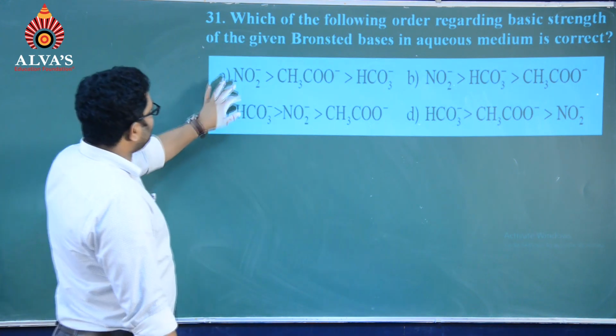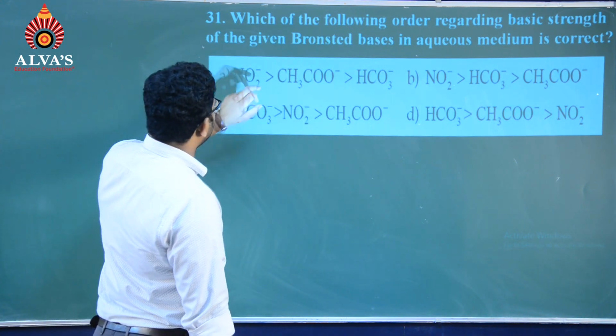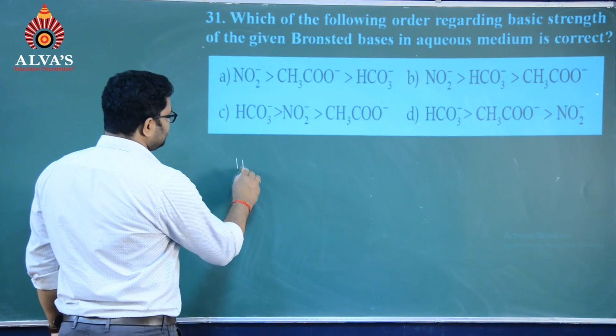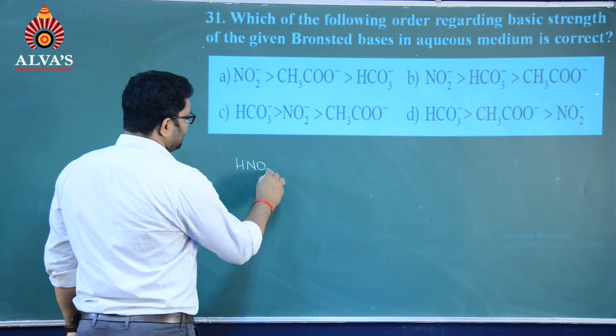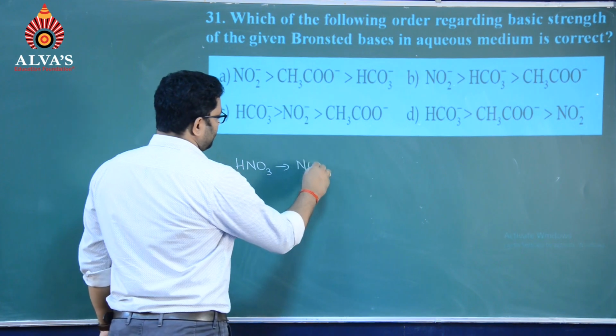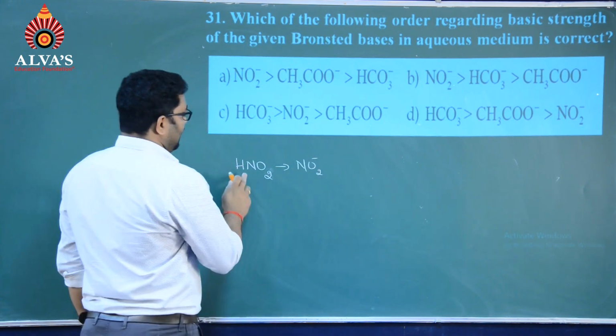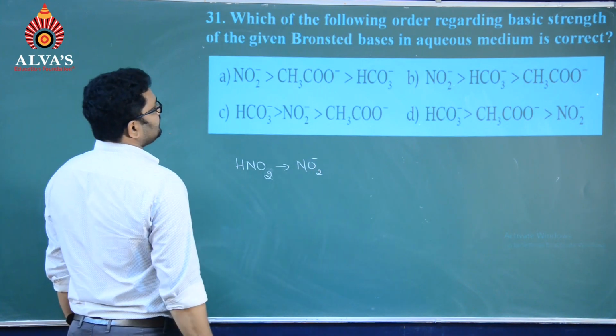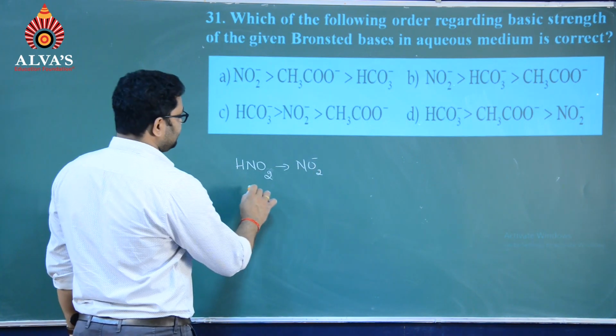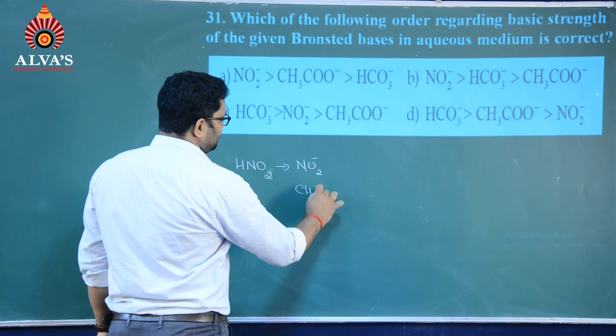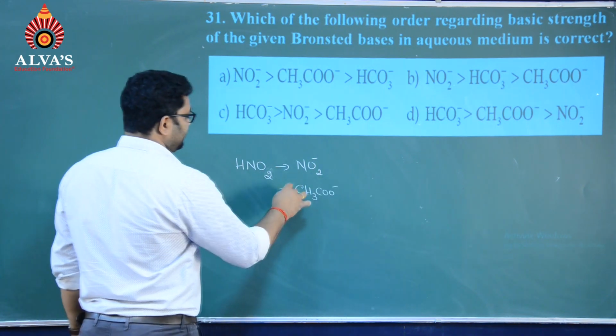Now we have conjugate base NO2 minus, that means HNO2, nitrous acid, and its conjugate base, and we have acetate, that is CH3COO minus,